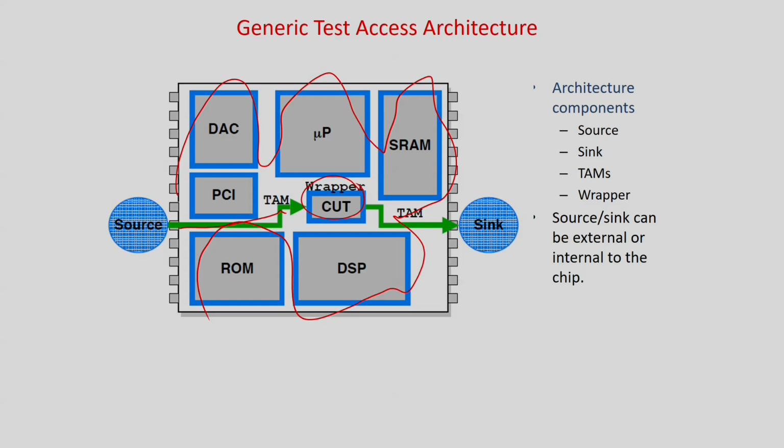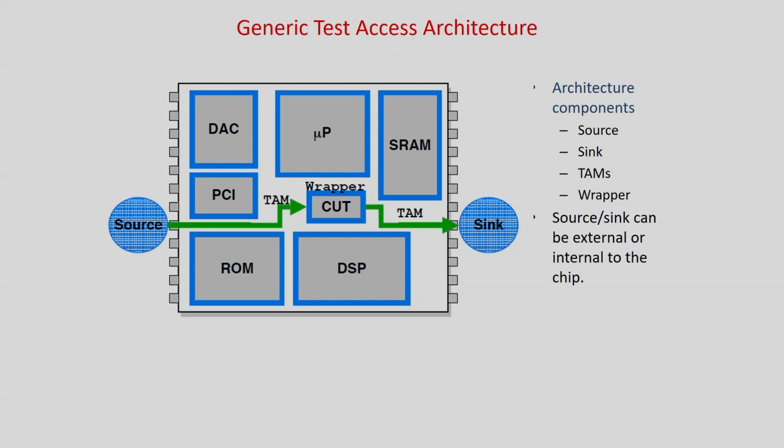But for the CUT or for this IP block, maybe a lot of test patterns have to be applied. It's a very critical block, so I have to test it exhaustively. So I can put a direct connection by wrapper to this, through the input and output. Therefore, it is called the TAM. TAM means how you access the points. Source and sink means where you are generating the pattern and where you are receiving it.